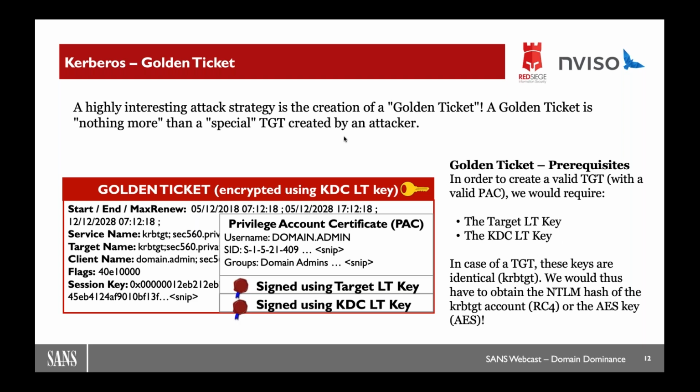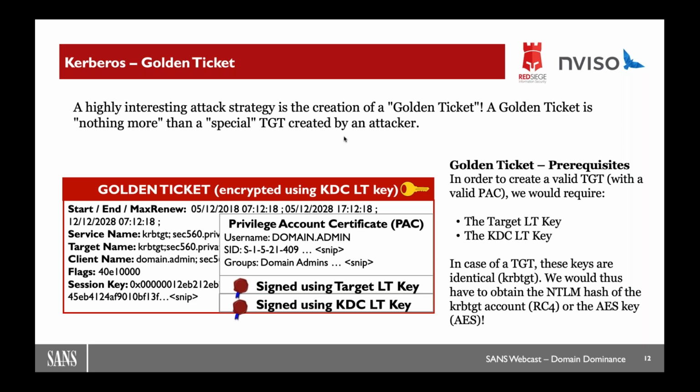You can see here on this slide, I'm creating a TGT, which is actually valid from the 5th of December 2018 to the 5th of December 2028. Interesting, so it's valid for 10 years. This is the default setting that actually Mimikatz uses, but in theory, you could write your own. You could put any date in there, that doesn't matter, because Kerberos is what we call stateless. Whatever is in the ticket is accepted by the domain controllers, because the domain controllers assume that a valid entity, another domain controller, if you will, wrote a certain ticket and to respect whatever is in the ticket, which is very interesting because that allows us to do some very interesting things. I use the word interesting a lot, I just noticed.